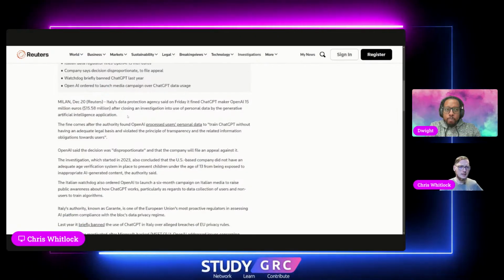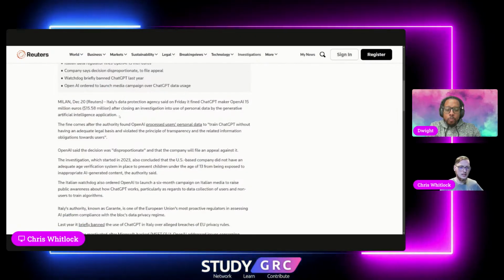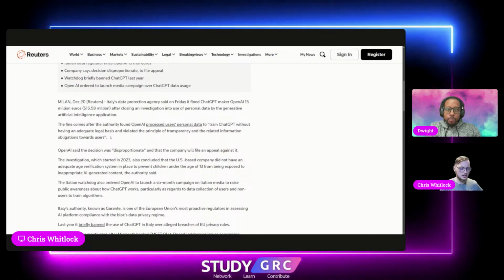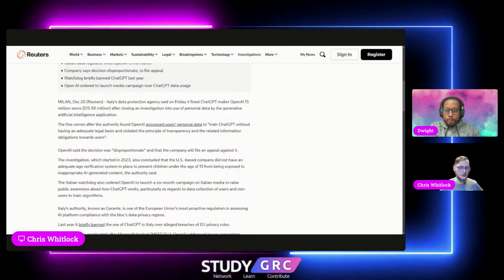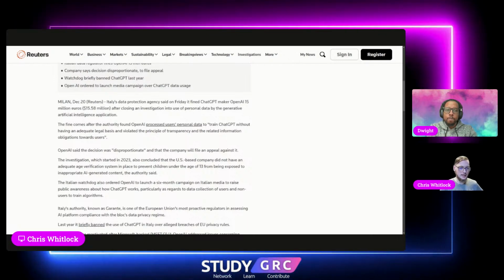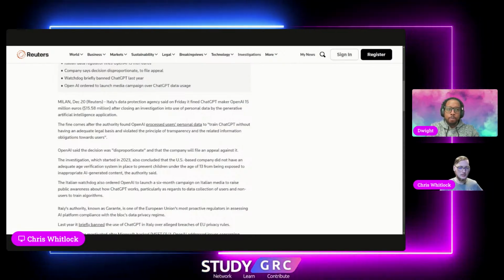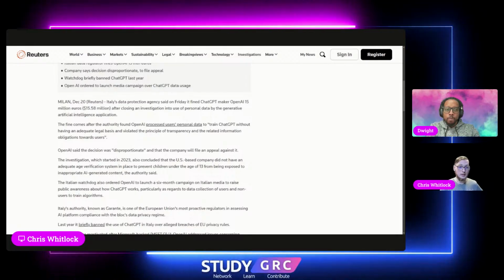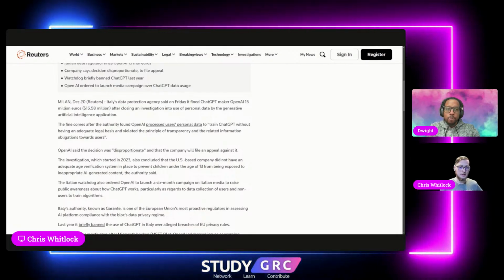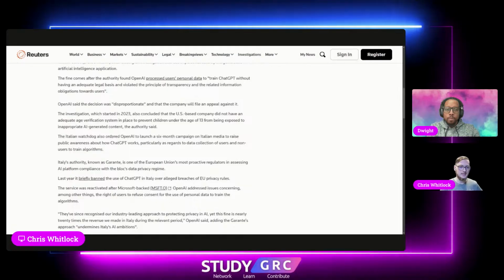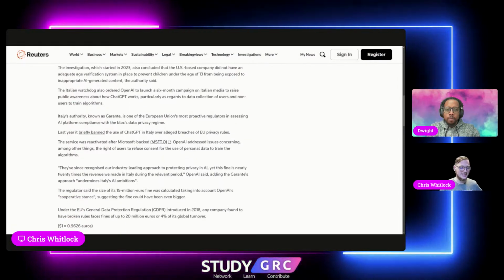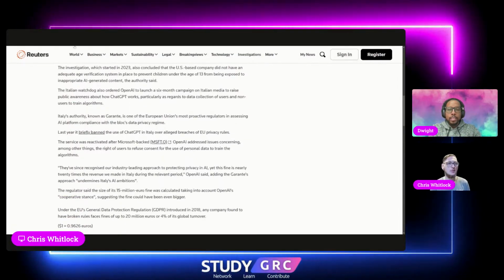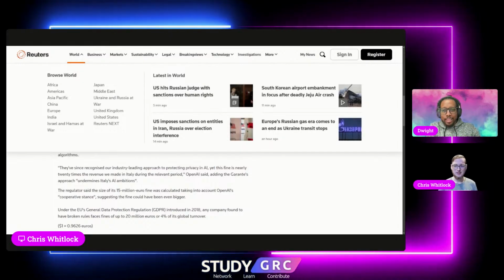So I think we're just going to see more and more of this. And I think it's going to be really interesting. I think this is also what's going to further ignite the privacy demand in the GRC realm. So more companies are going to be looking at this and saying, oh, these big boys are getting hit. We should really preemptively take care of this. We can't take that kind of a hit. And I think on the EU side, they